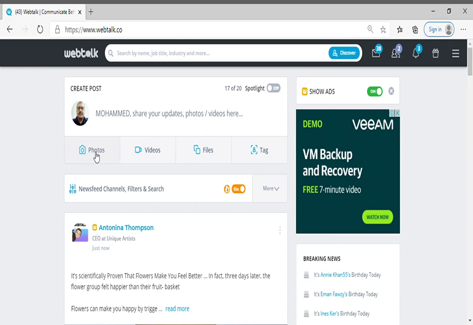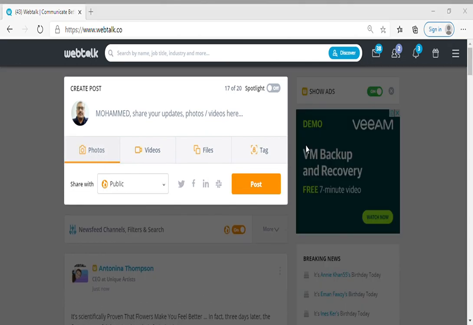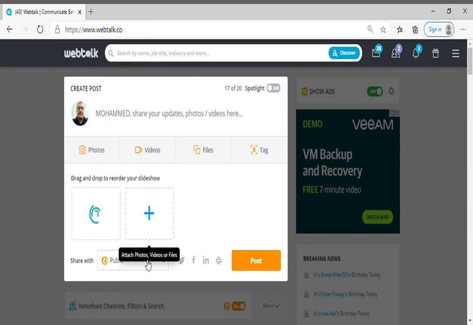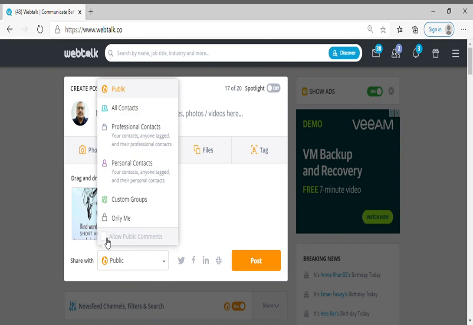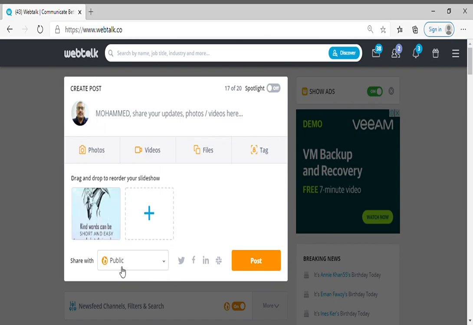If you're using posts and want to add photos to your post, you can click on photos here. Select any photograph. I've already created them, so this is already set. These are my 5 pictures that I'll be posting for today. So I just choose one of them, come down to the share with section here, allow public comments, and then